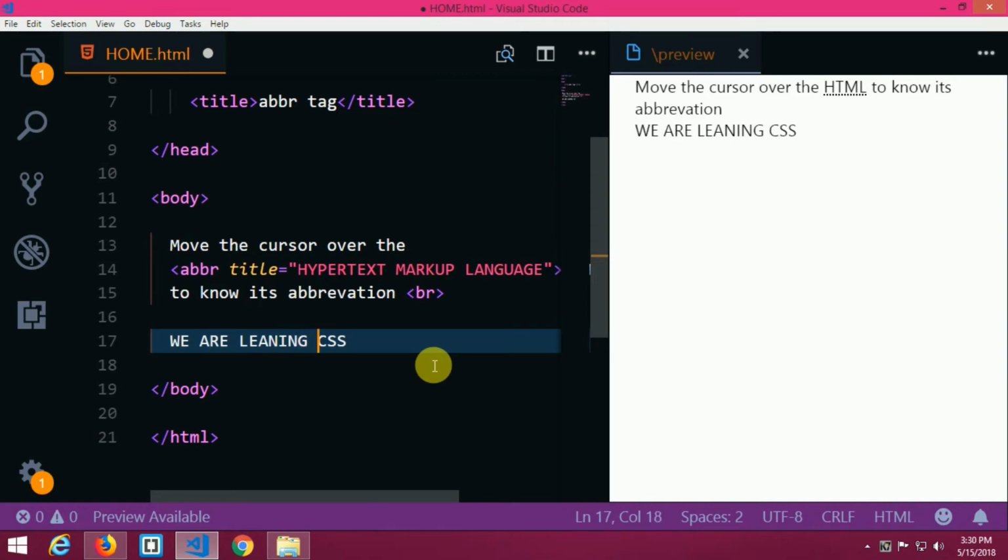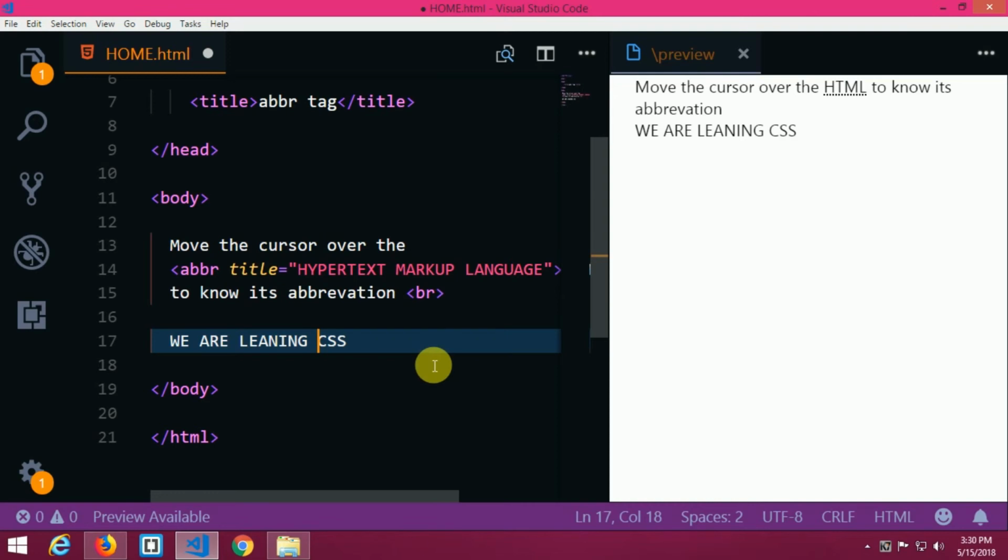A genius like you and me will know the full form of CSS, cascading style sheet. But what about the visitors? If he's a genius, then definitely he will say that it's cascading style sheet. But if there are some visitors who do not know the full form of CSS, they may struggle a bit. So to help them, again we are going to add the abbreviation tag.